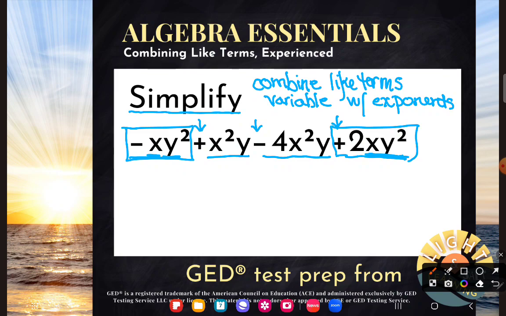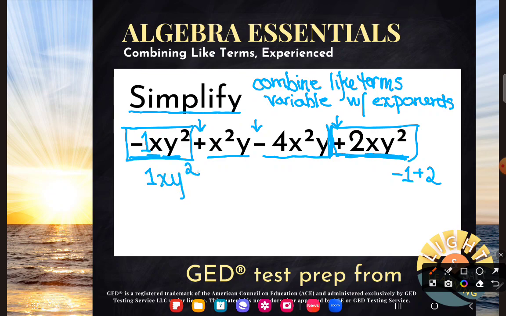Now, notice how I boxed up this plus 2 with the plus in it. That's so you know what to do with it. If you forget to include that sign, you're going to be all in a muddle. So basically what I'd like you to combine is these two. Now, if you're a little confused about what number is in the first term, remember that we have an invisible coefficient of 1. Saying that I owe you an xy squared is the same as saying that I owe you 1xy squared. And now you can just do this math in your calculator with the coefficients. You can say negative 1 plus 2. And so you end up with